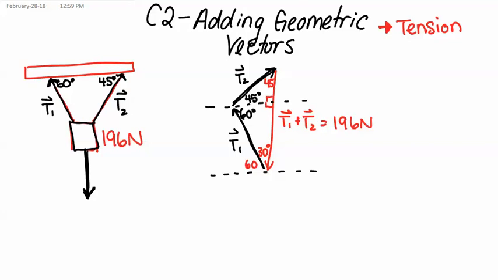I'm not going to do this question, but I'll tell you the answers in case you want to try it. T1 is going to equal 143.5 newtons, and T2 is going to equal 101.5 newtons. So those are going to be your answers using the sine law to solve it this way. Or another method to do this is using